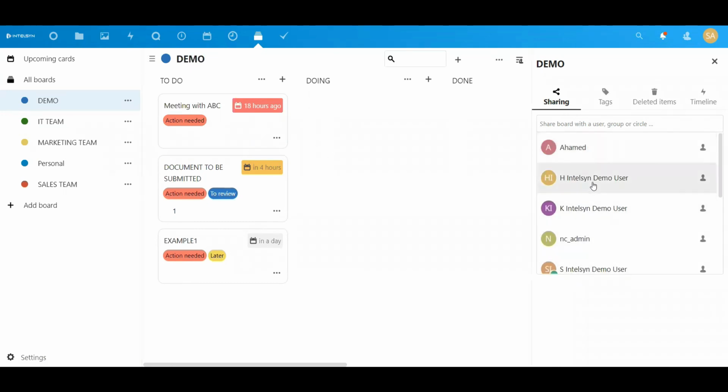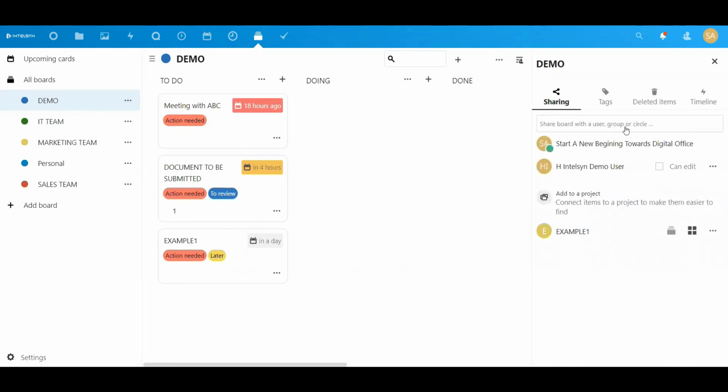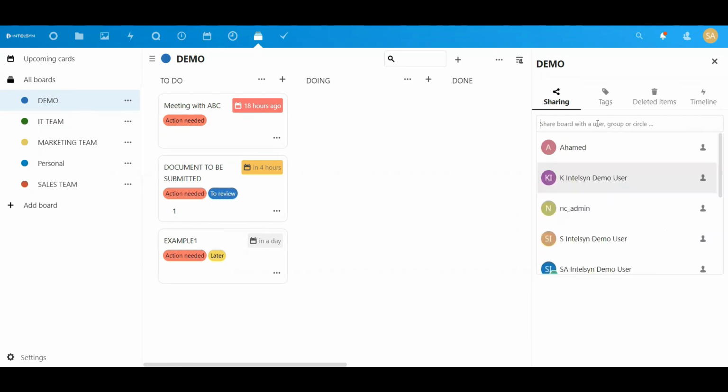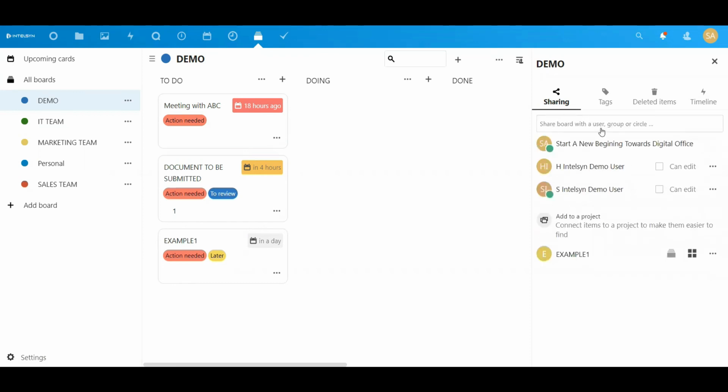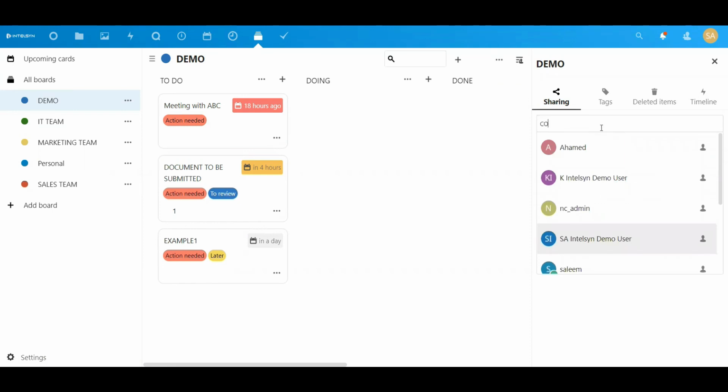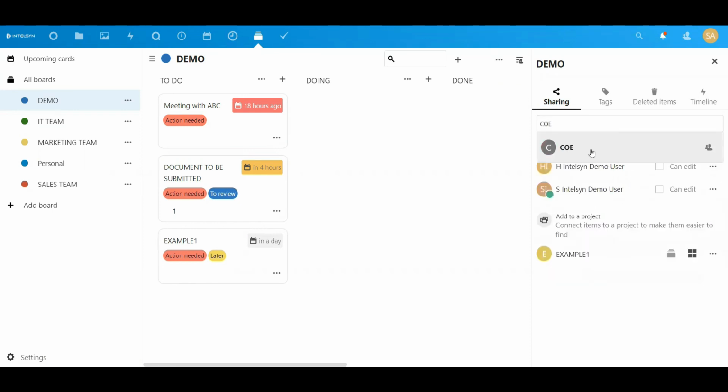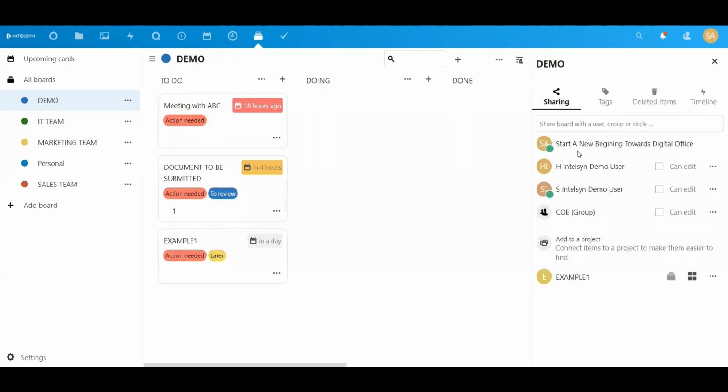See, I can share it. I'm sharing this entire board with this person. Let me share it with one more. Okay, this is with a person. Suppose you want to share it with a team, this is a group. COE is a group, so I'm sharing it even with the group. Now this entire demo board can be seen by the COE group and these two people.